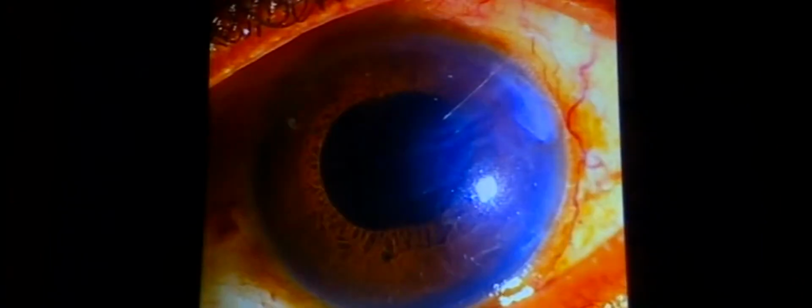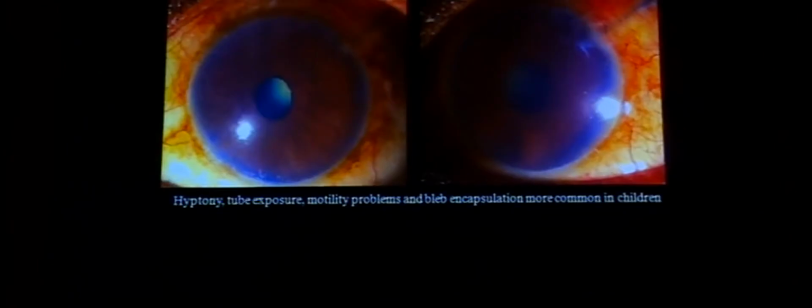Commonly, the Ahmed, the Baerveldt, and the Indian version, the Aadi, are being used. But many of these implants require resurgery for the complications that they produce, like corneal decompensation, tube erosion, and migration. In fact, in children, hypotony, tube exposure, motility problems, and bleb encapsulation are much more common as compared to adult eyes. Destructive procedures are actually reserved for situations where